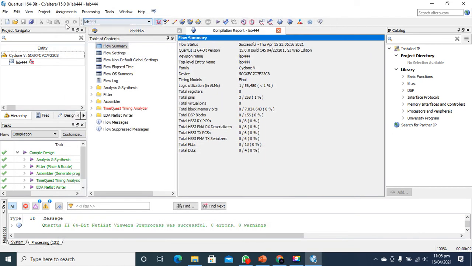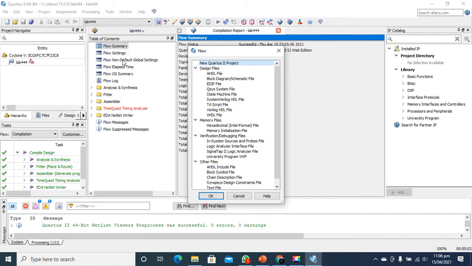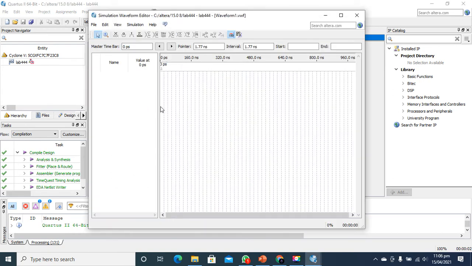After that, again press the new option, and then we select the University Program VWF option and then press OK. Why do we use the University Program VWF option? Because now we will apply the signal at the input. As we know, when ICs are applied in computers and many other devices, the information is provided in the form of a signal.